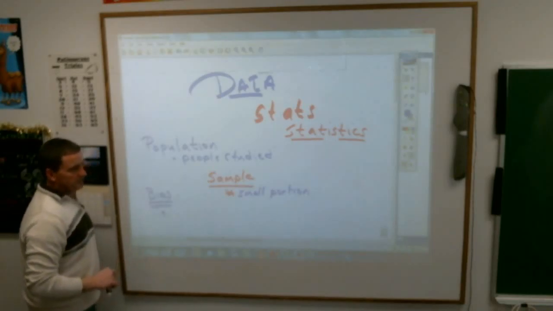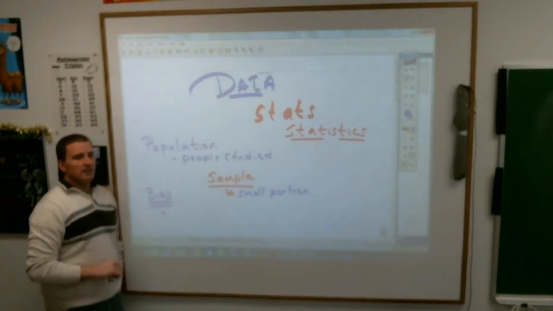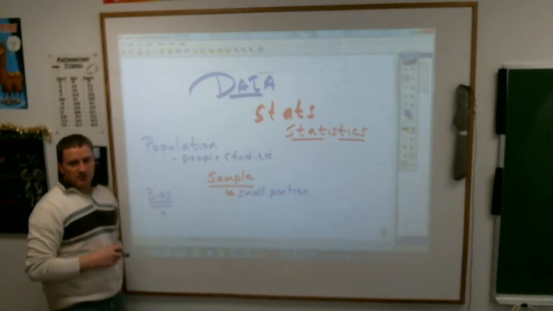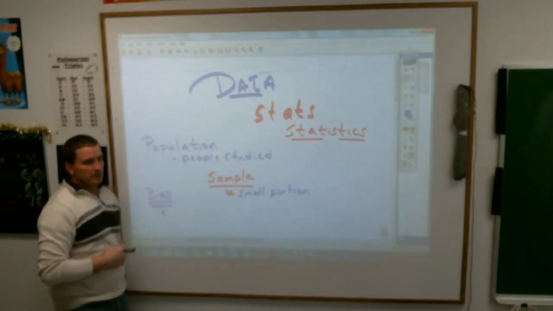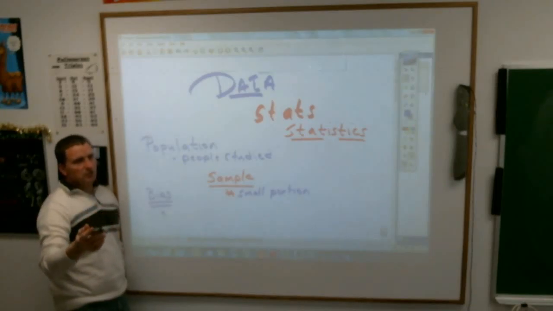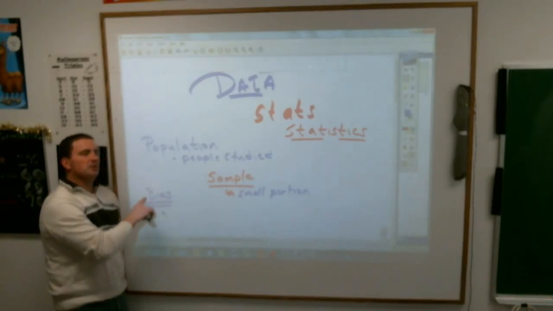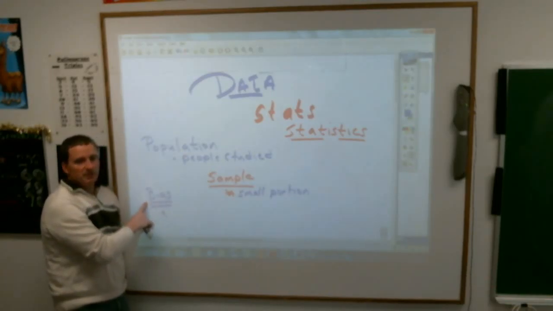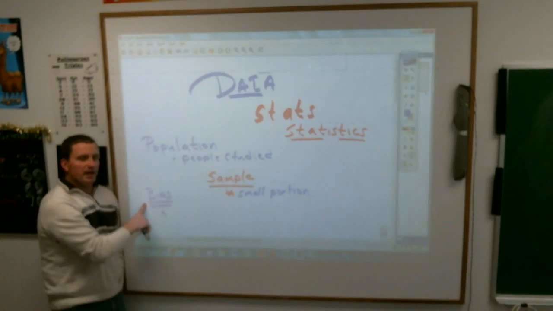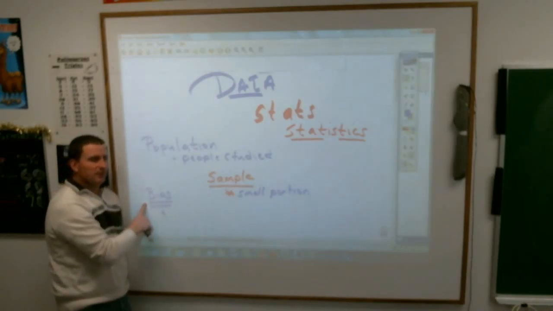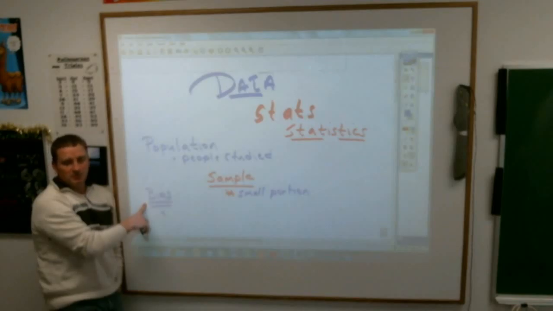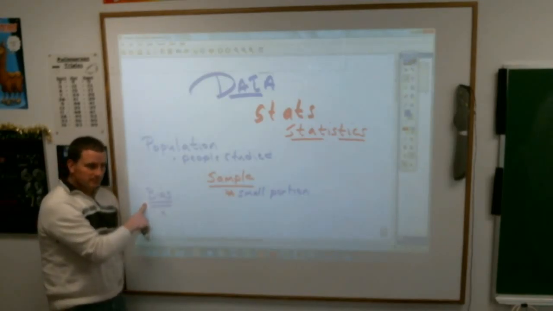It would be like this. Let's say we're planning what next year's 8th graders are going to do for schoolwork, and you were my population that I did the survey with. That's going to be a little bit biased because you're going to want to go to the gym and play, and you're going to want to go to lunch and eat. So given the sample based on you guys, pretty much 50% of our day would be eating lunch and the other 50% would probably be PE. So you have to be careful.